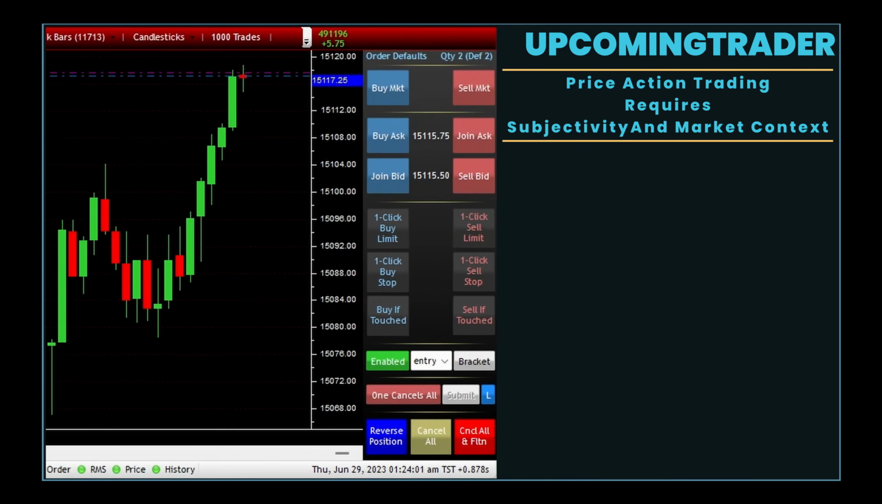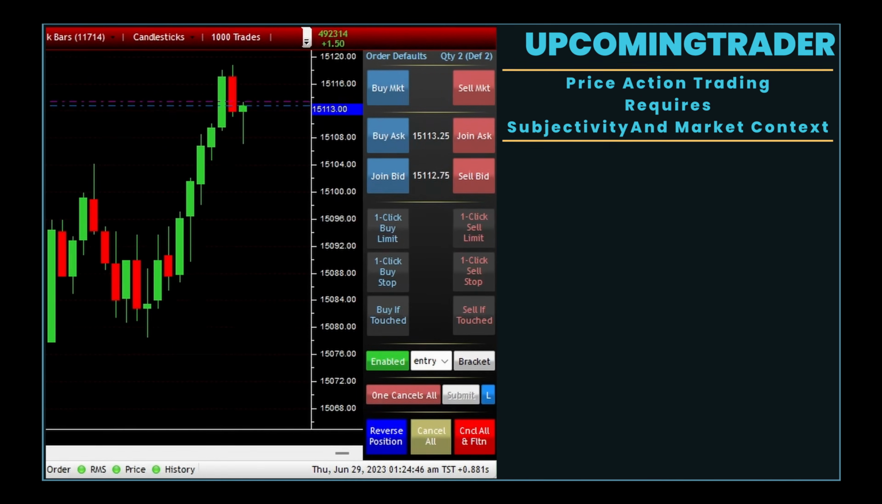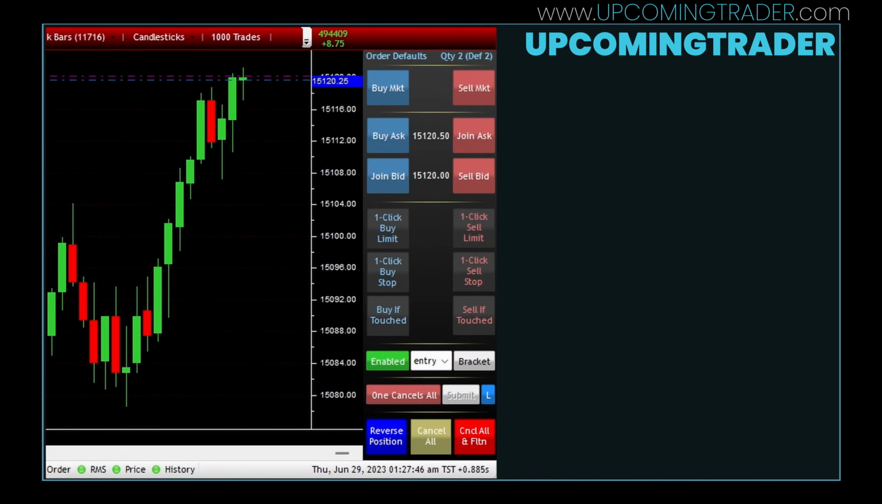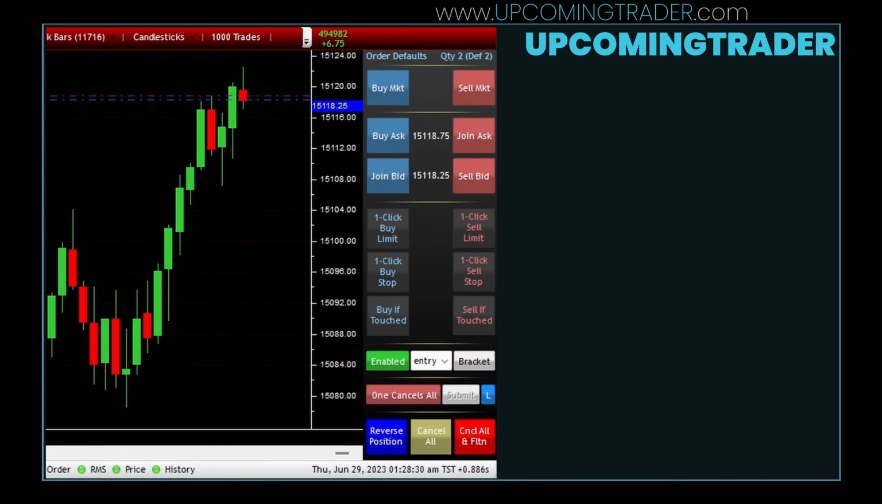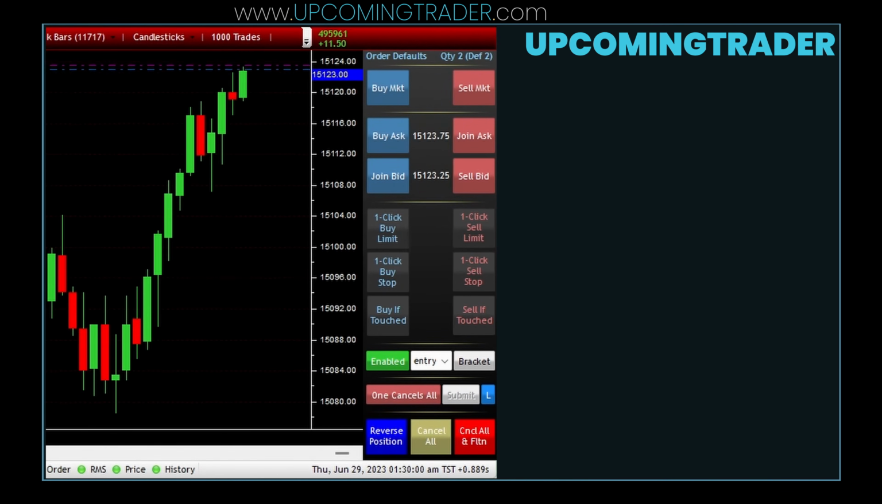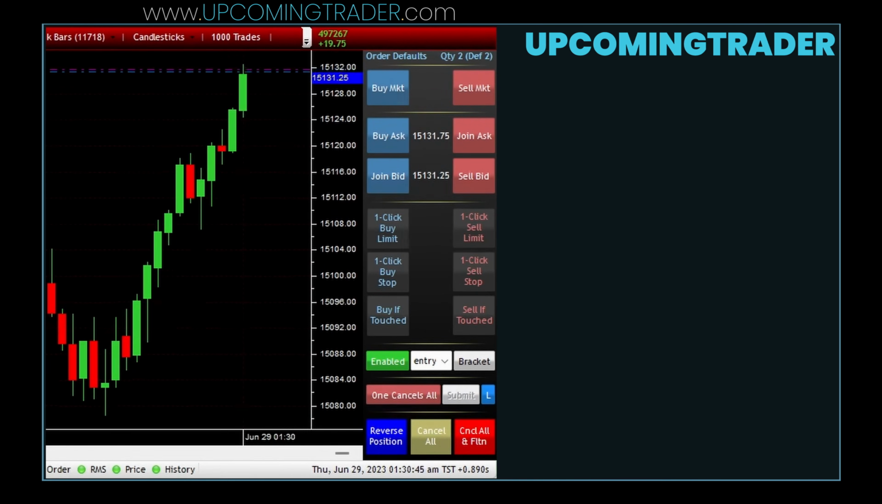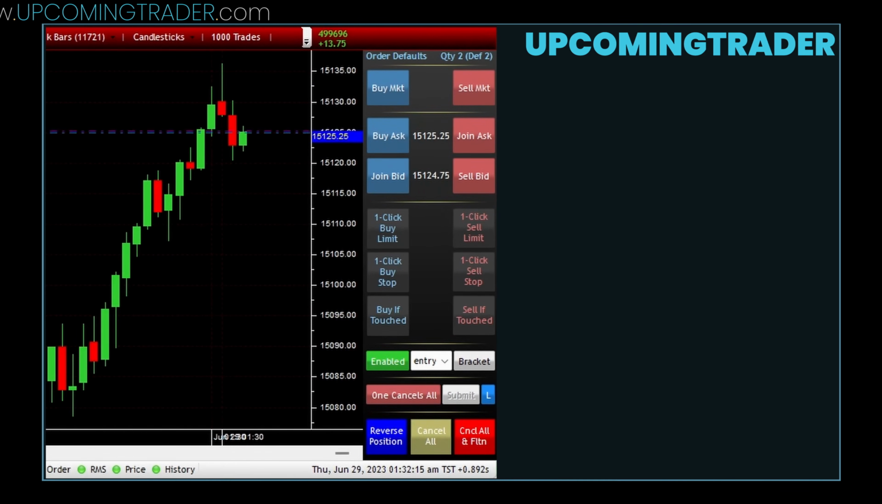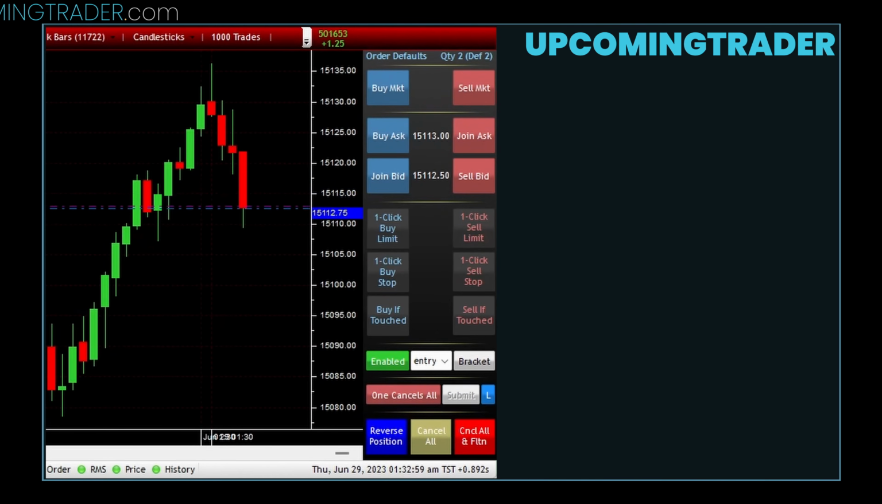It is important to understand that this subjectivity is influenced by market context. You must learn to understand the current context of the NASDAQ E-mini futures markets. Remember, price action trading involves a degree of subjectivity or discretionary trading, and different traders may interpret the same price patterns differently,